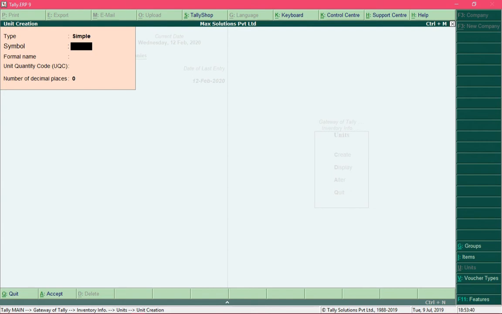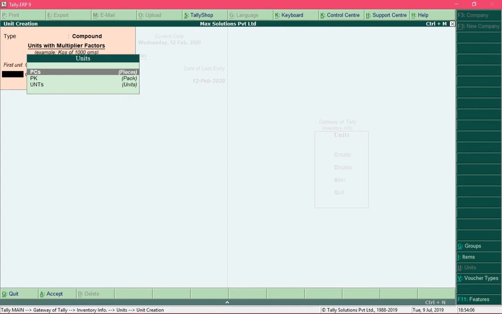So whenever you form a product from a group of products, then you need to define its units in different way. So here we want to sell pack of 3 ink cartridges. So we need to define its unit in this way. Press the backspace key and select the type of unit as compound and press enter.